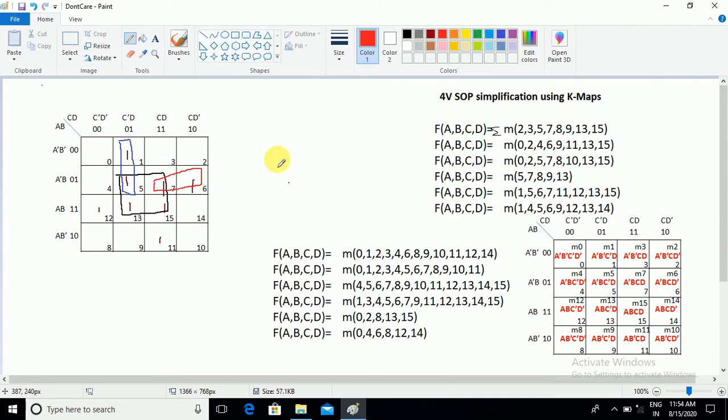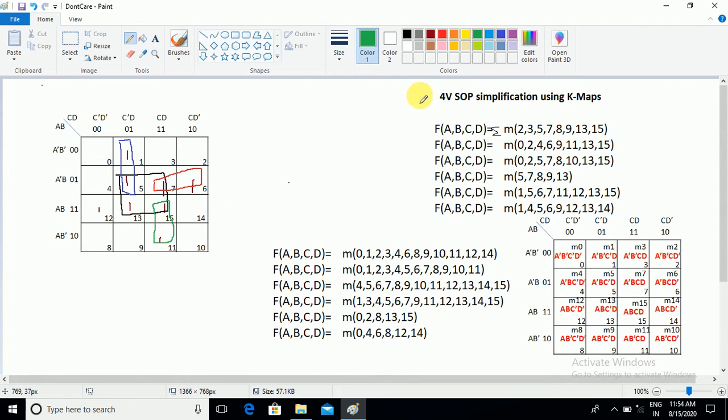Let us go to the 11. In this 11, see, adjacents are 9, 10, and if you fold it, 3 is also adjacent and 15 is also adjacent, but 9, 10, 3 are not selected. So what is my alternate? With overlap you can create a group with 11 and 15.